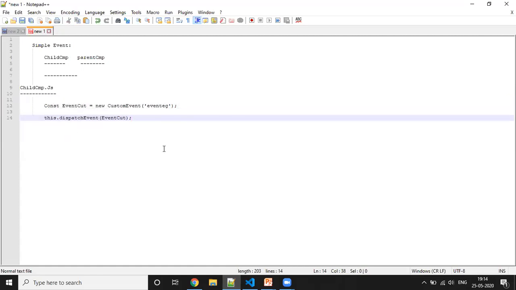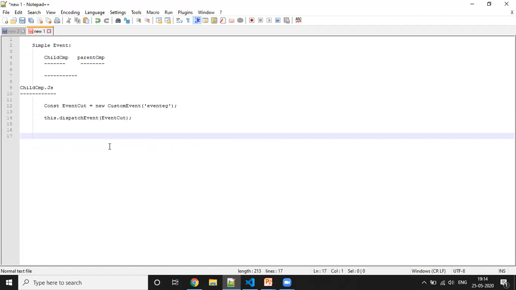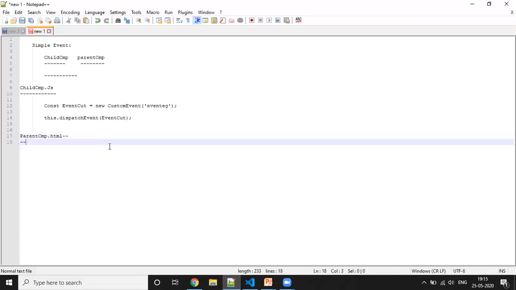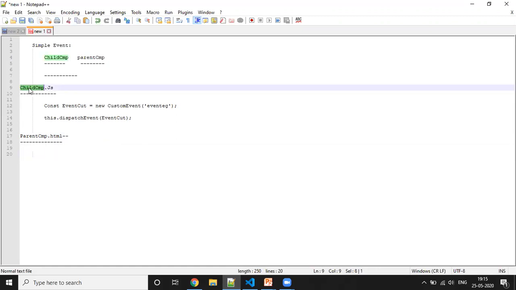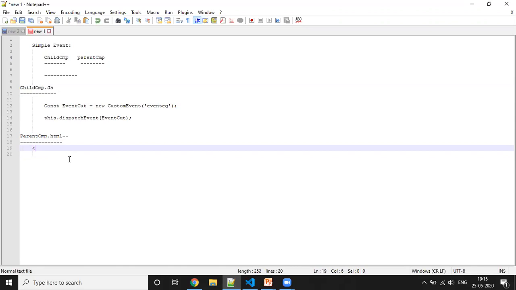And how can we receive this event? For example, I have another component, the parent component.html. I'm going to access the child in our parent component, and we have already seen how to access that in our previous session.